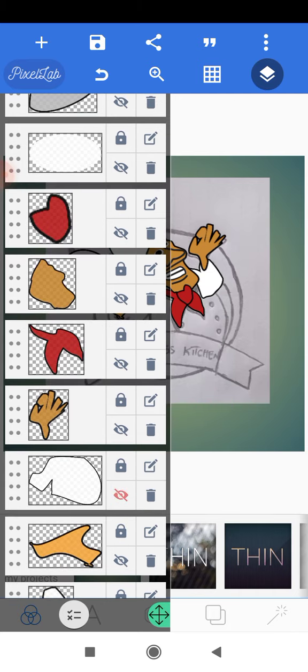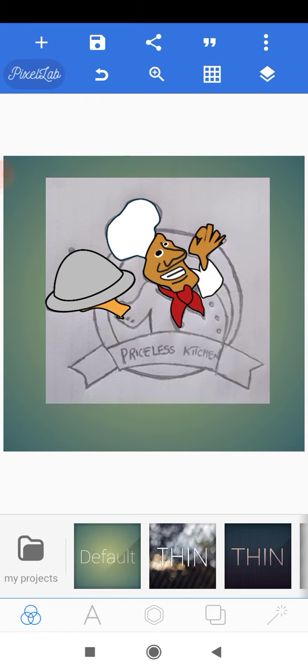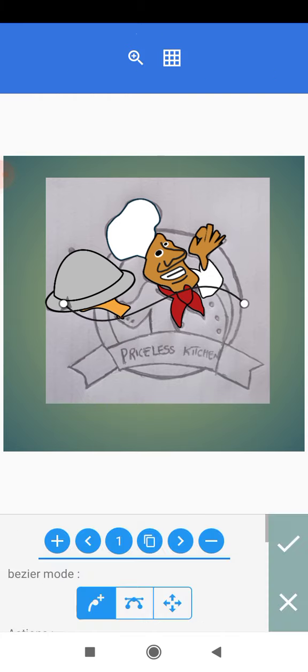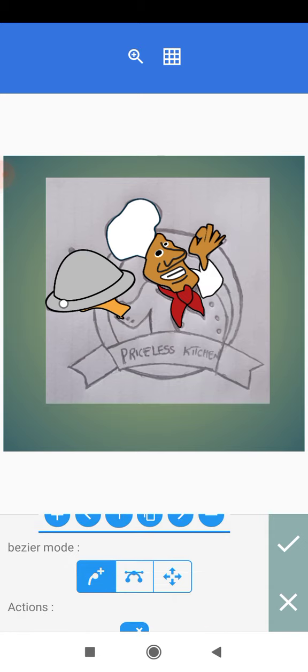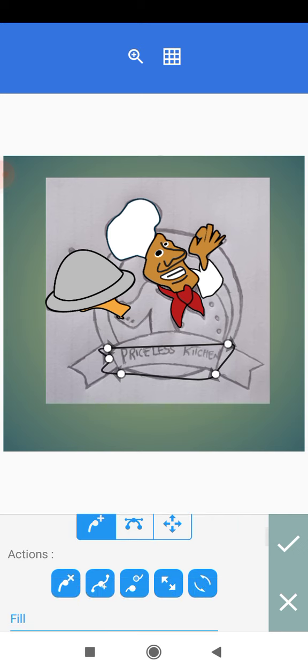So we'll just hide this, and then we'll head on to the tool here, and then we'll select it, and then we'll remove this, and then we'll just drag it all the way down here. We'll make a point, and we'll add another point, make another point here, and just close it. So with that selected, we'll just select it, and then we'll zoom in,